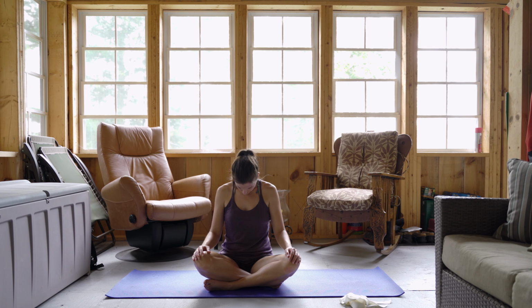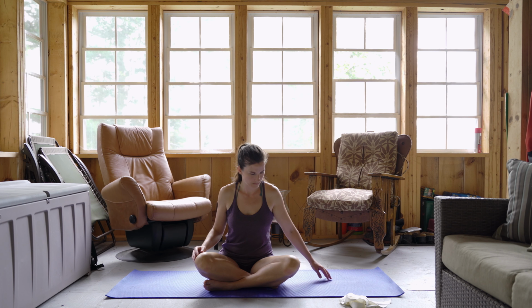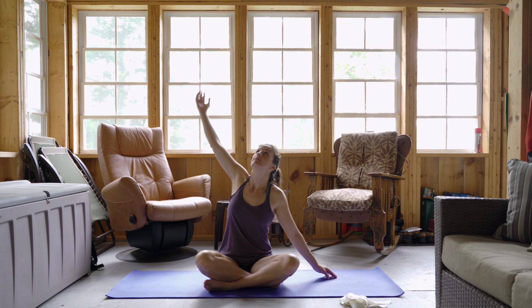Take this time to focus on your breath. Inhale, tilting your head up, looking to the sky, keeping your shoulders down and away from your ears. Exhale, drop your chin to your chest, noticing if your neck feels a little different than when we first started. Slowly bring your head back to center, place your right hand on the mat beside you, and inhale, sweeping your